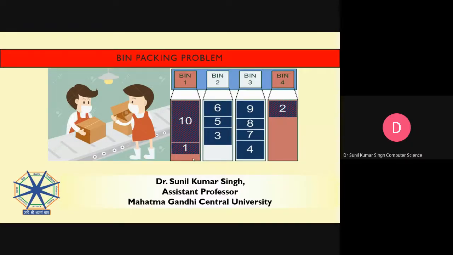So here we have to discuss the bin packing problem. You know that a bin is a kind of container, and packing is putting the items into the container. The left diagram indicates the kids packing the items, and on the right side are bin 1, bin 2, bin 3, bin 4, and these are the items. The numbers mentioned here indicate the weight of the item, or maybe the size of the item.